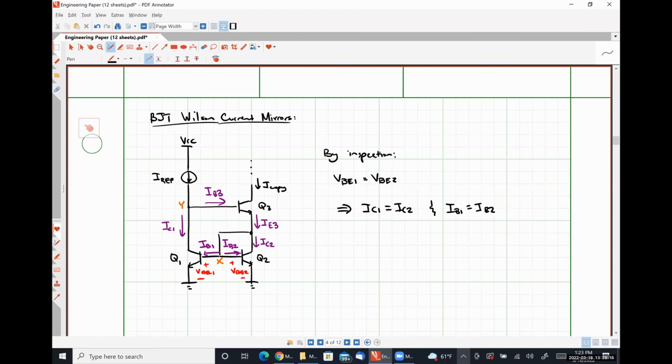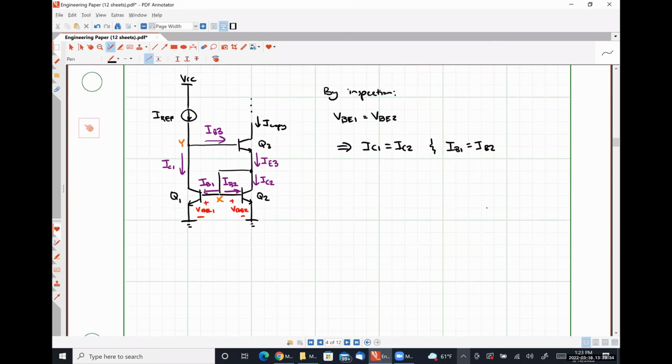All right, so our analysis here is going to be much the same as it was for the cascode. We're going to do our analysis at node X first, and we're going to follow it up with Y and do a little bit of algebra. Okay. So KCL at node X tells us